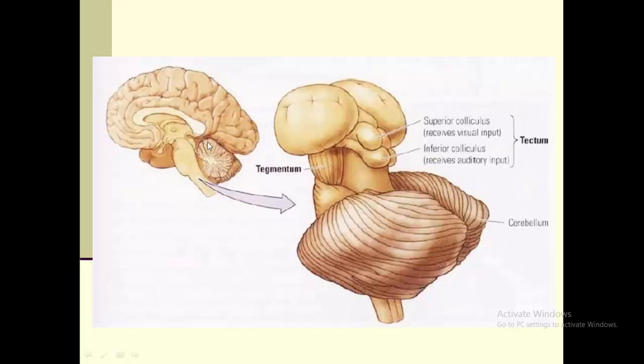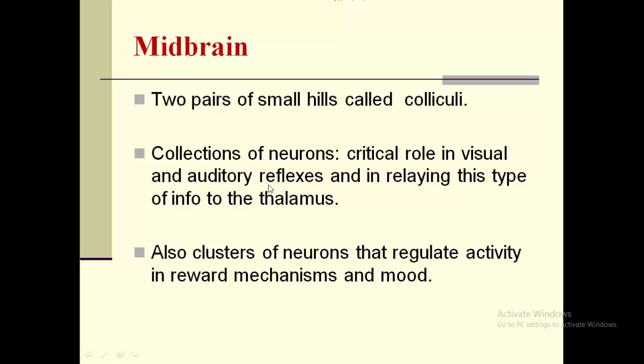Now this very part to which I am pointing right now is here projected on a larger scale. This is what we mean by the midbrain, which is made up of a superior and an inferior colliculus, right and left. So the colliculi in aggregate together constitute the midbrain, and this makes sense as far as vision and auditory reflexes are concerned, before these impulses or this information reaches the thalamus and from thence to the cerebral cortex.